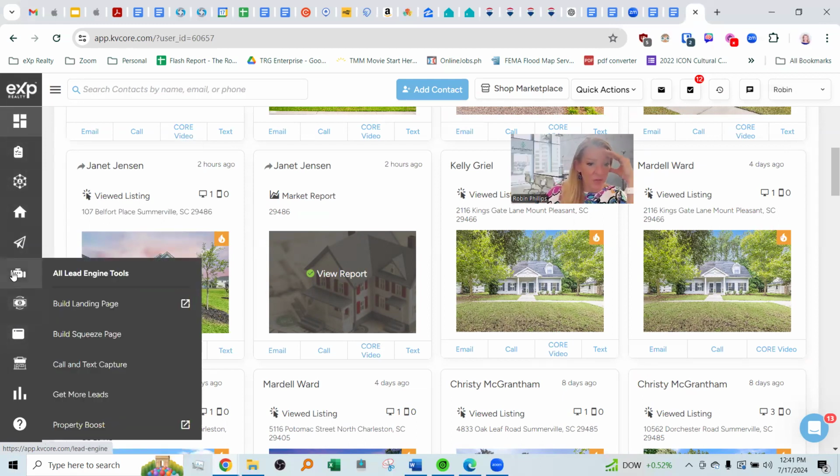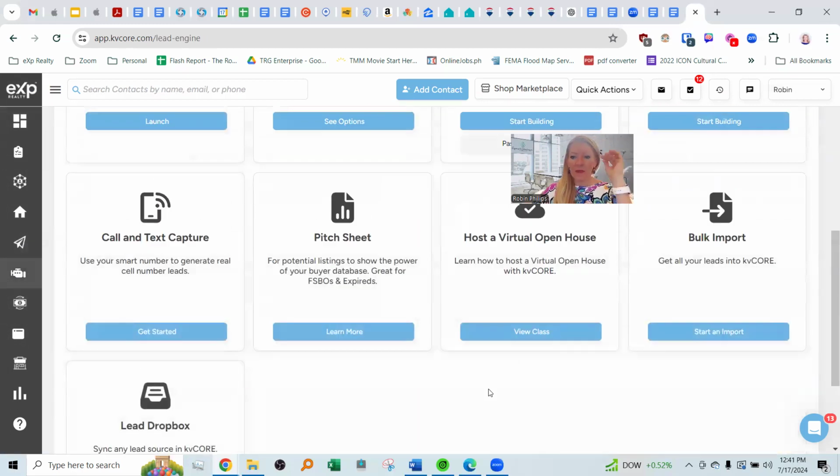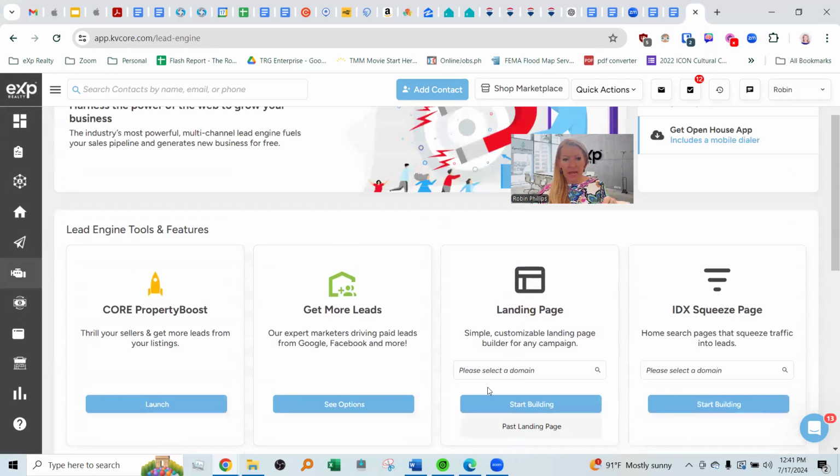You have a CMA tool. Let's see if I can find it. So you can send them the CMA tool. Okay. And what I do is you can put it into a PDF. I text it to them if I have their number. You can email it to them as well.